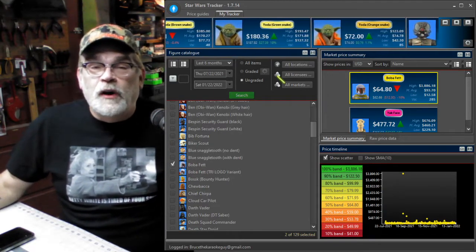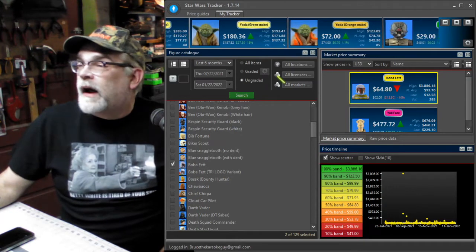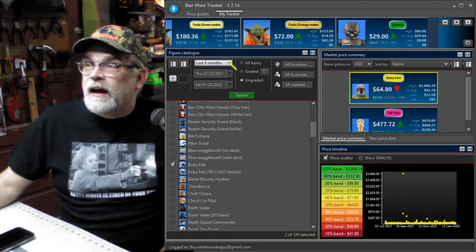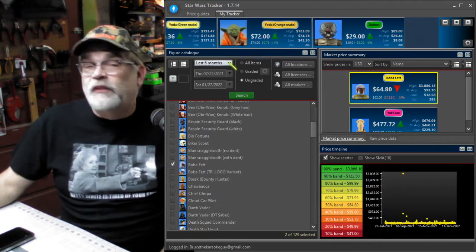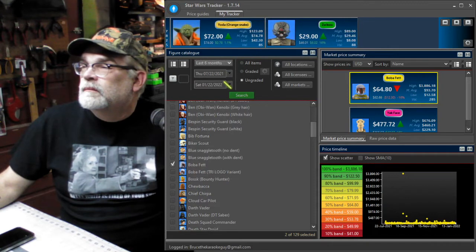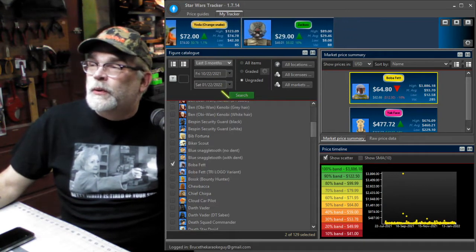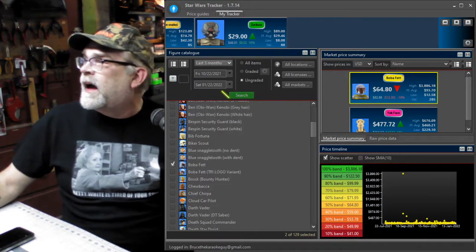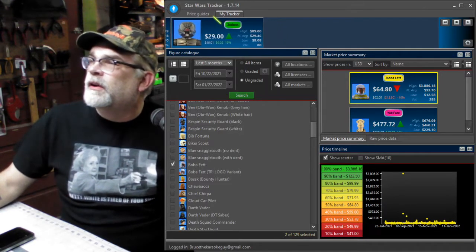It's called Star Wars Tracker, and it tracks prices of the past month or so. You can set it for the last month, last year, last 6 months, last week, if you just wanted to go a week back. I think it's a pretty handy tool, and you can do the ships that you sell, or I'm sorry, the ships that you have. I know I'm not used to the,